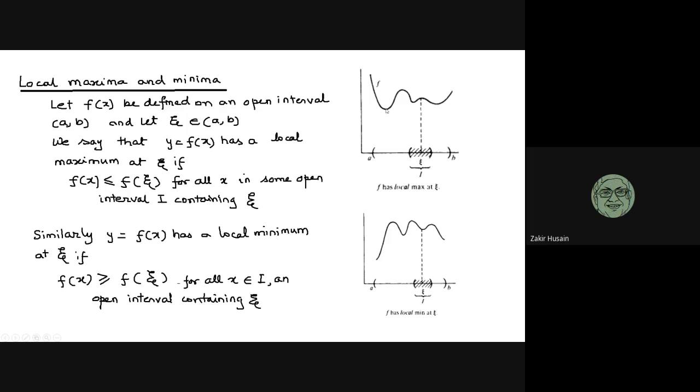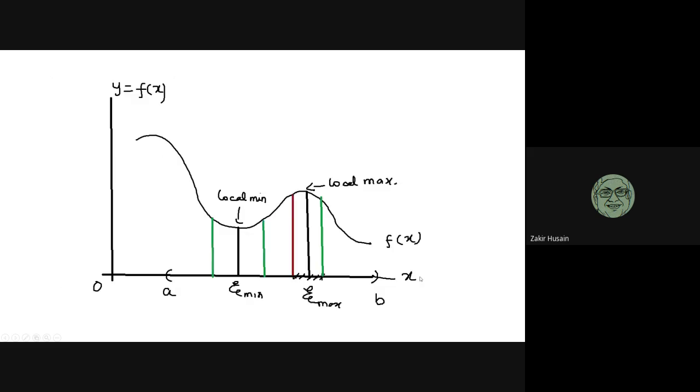Now obviously you can see over here that this is a point where the value of x is greater than the value over here. But this is outside the neighborhood. Similarly, I have a neighborhood. Outside the neighborhood, there's a point like this where the value of y or the value of f(x) is lower than the value over here. Okay, but remember, when we are talking about locality, we are only talking about the immediate neighborhood, not the entire function. That is why this is the local maximum, this is the global maximum.